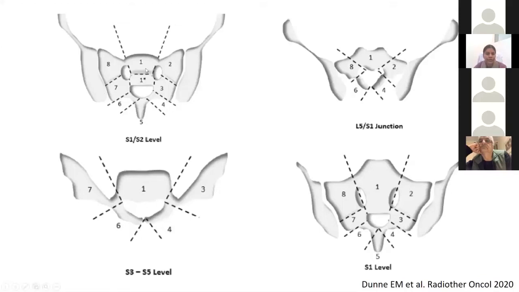So here, unlike the other spinal sectors, it is divided into sectors 1 to 8, again starting at the body anteriorly, and the ella, wherever it is present, is divided into anterior and posterior ella. We'll note that as we go from cranial to caudal, the shape of the sacrum changes at all levels, and not at all levels will we find all the 8 sectors. Like this image at S3 to S5 levels is showing only 4 sectors. So sector 2 is missing, then 5 is missing, and so on.